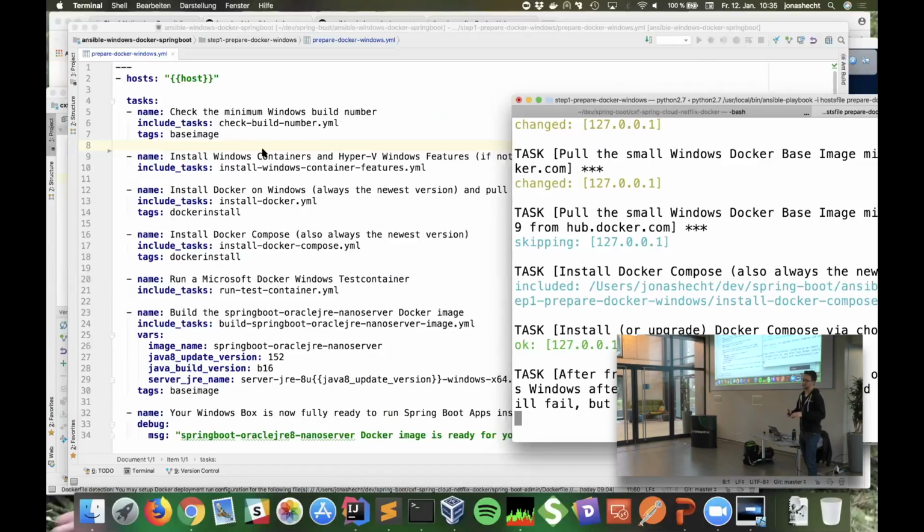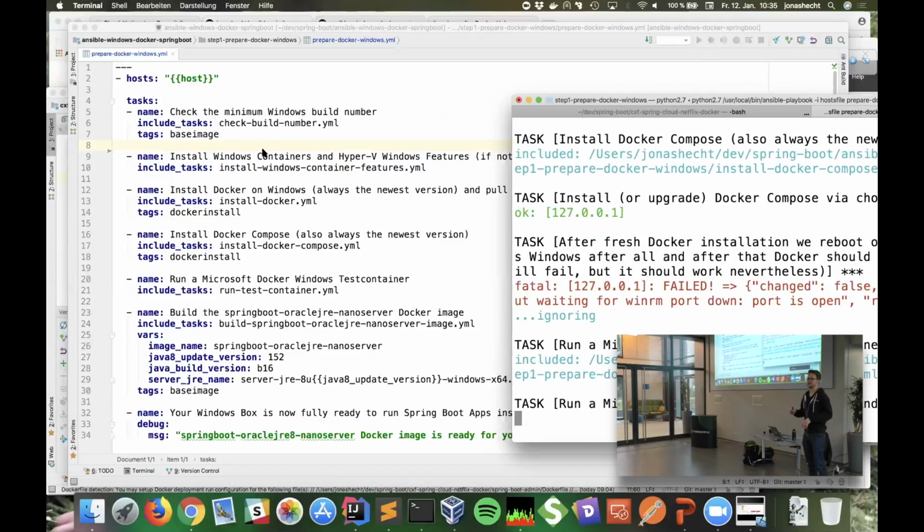So then Docker should be installed, if the test container is running, and everything should be fine. And after that, we can build the base image for Spring Boot. You remember we are on Windows, so there is no Nano Server Spring Boot image or Maven 3. You know this from Linux.